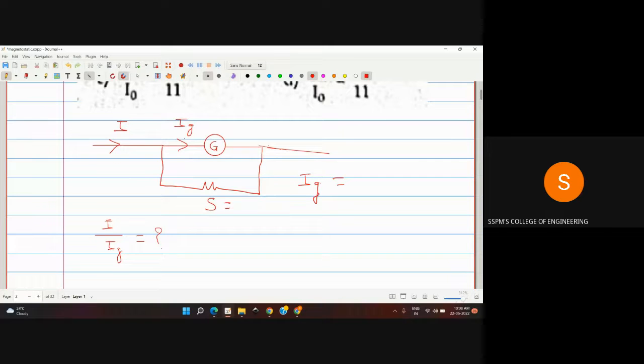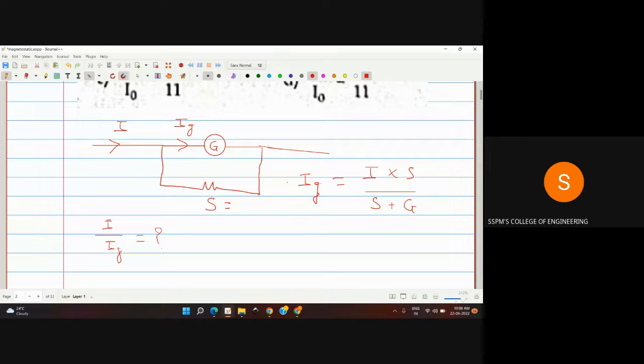The current flowing through the galvanometer is equal to the total current I. Total current किती आहे? I आहे. Into opposite resistance. आता गॅलॉनमीटरचा अपोजिट रेजिस्टन्स काय आहे? S आहे. Divided by the summation of resistance connected in parallel. म्हणजे S आणि G हे पॅरलल मध्ये आहेत, त्याचं समेशन घ्यायचं S प्लस G,